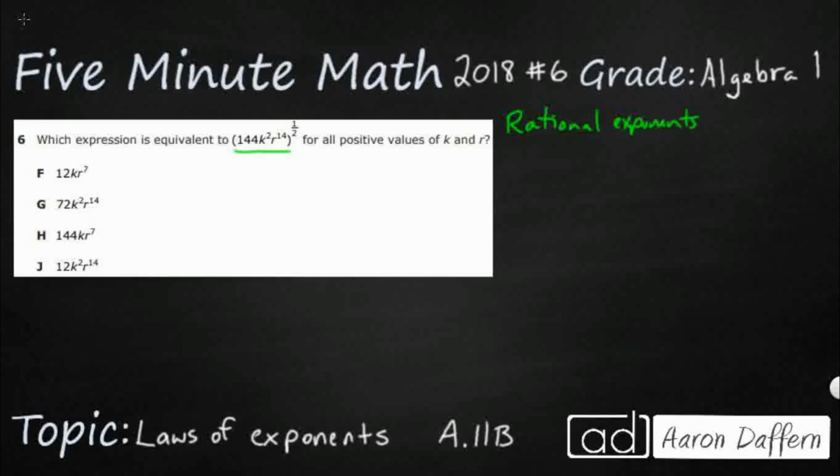Okay, so rational exponents says that if you have a to the m over n, so it's a, and then the exponent itself is kind of a fraction, you can view that as that base, a to the m power, but taken to the n root. So you can go back and forth between an exponent that's a fraction and using it as a root. So really, this 1/2 means we're going to end up taking this whole expression, 144k squared r to